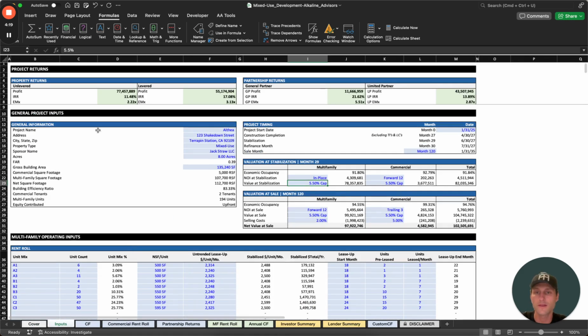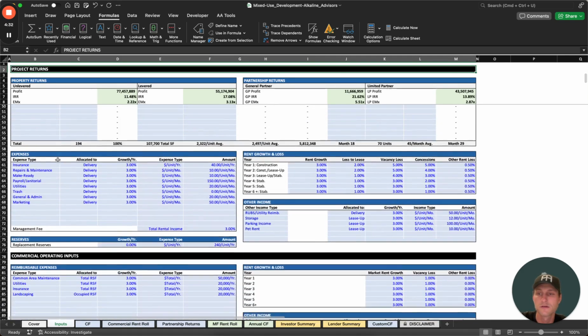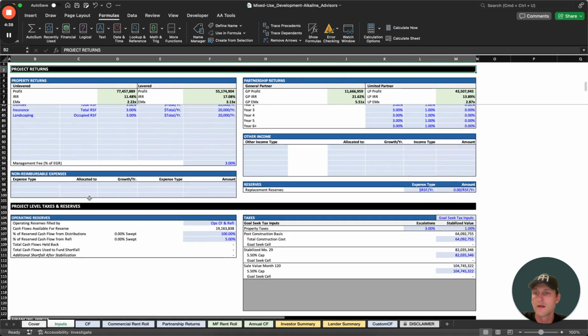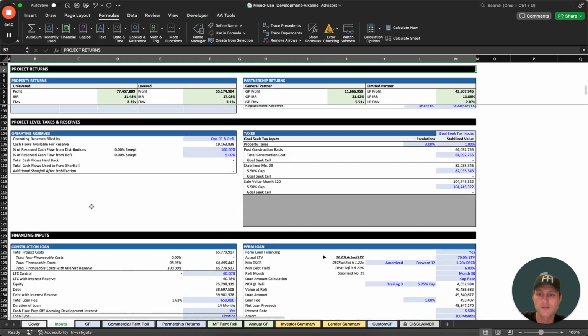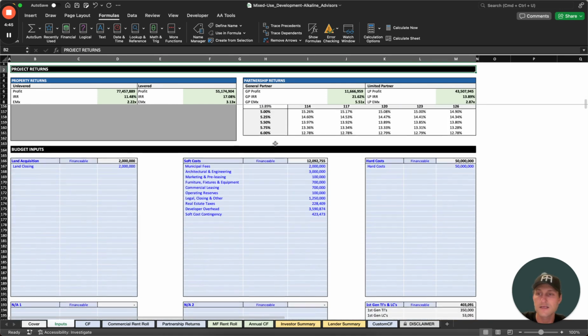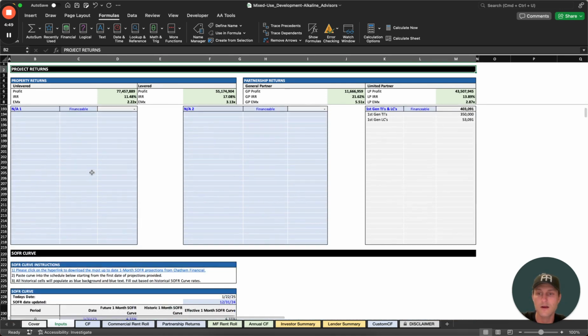To start, we'll go to the Inputs tab. As I mentioned before, the Inputs tab is compartmentalized and you'll see these black bars. To start, we have project returns, then general project inputs, then the multifamily operating inputs, then the commercial operating inputs. Remember that the commercial rent roll itself is on this tab. Then we have the project level taxes and reserves, financing inputs, and a brief sensitivity analysis. And then because this is a development project, we have the budget inputs down here,